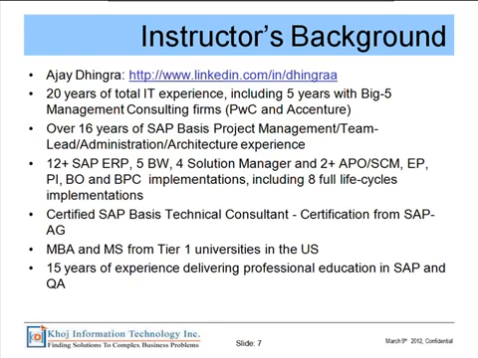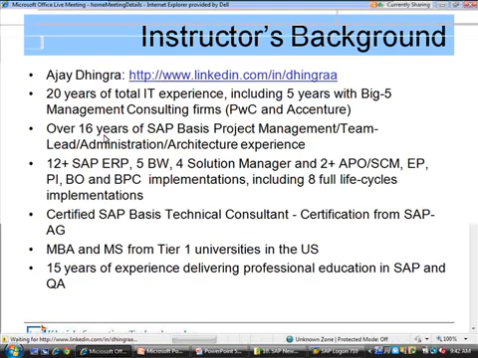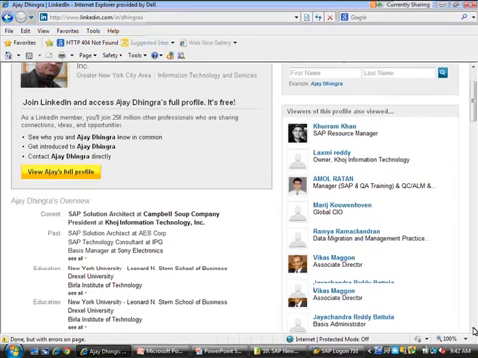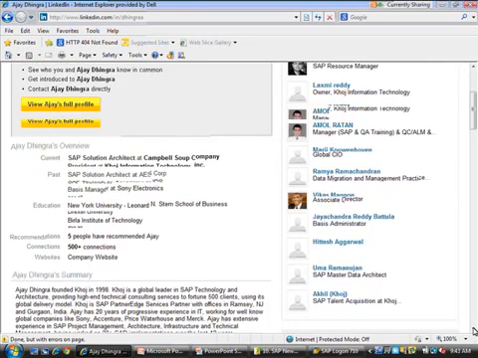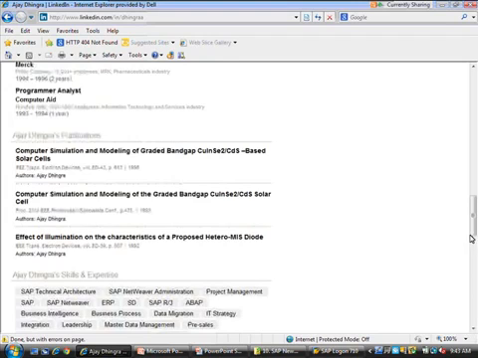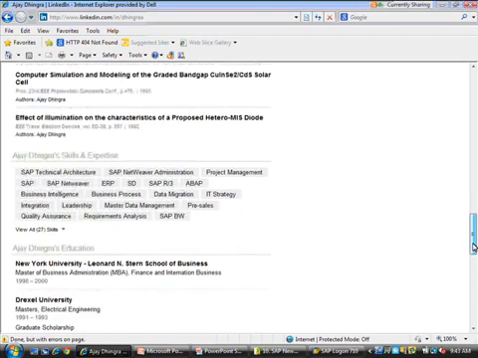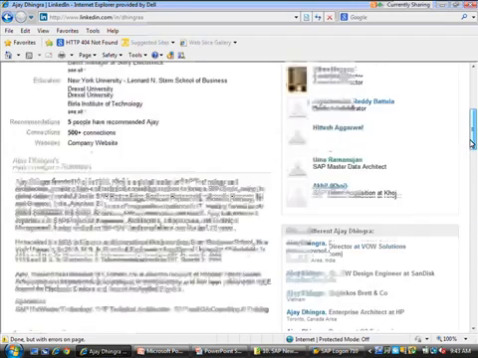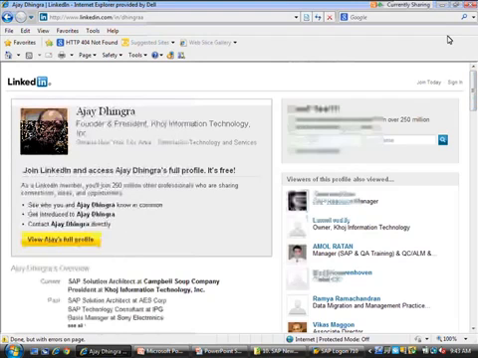My background, I've given my LinkedIn profile here. Most of you can go and look at the details there as well, right? But more importantly, that's the LinkedIn profile. So if you have time, you can look at it there in more detail. I've tried to update most of it. Some of it might not be current. It just takes too much time and effort to continue to maintain it.